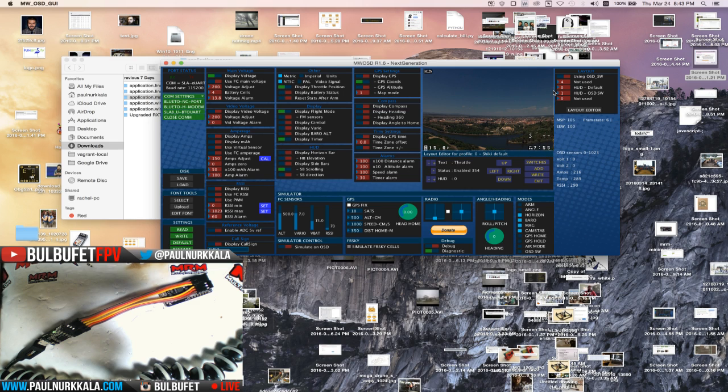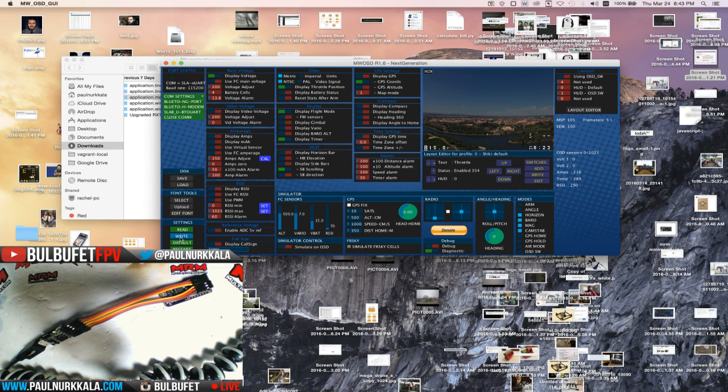So now most of my OSD is nothing. I'm just seeing the video feed, and it's not getting in my way. I can glance down here to see my voltage, and I can glance down here to see how long I've been in the air. It's clean. It's easy. There's none of this extra crap in the way, and it's going to allow us to make better calculations on our flight so it doesn't get in the way of everything. So I'm going to write this again because I moved that thing around,